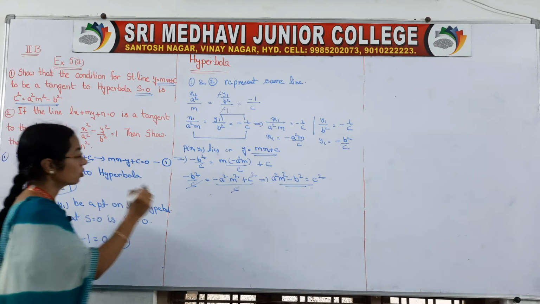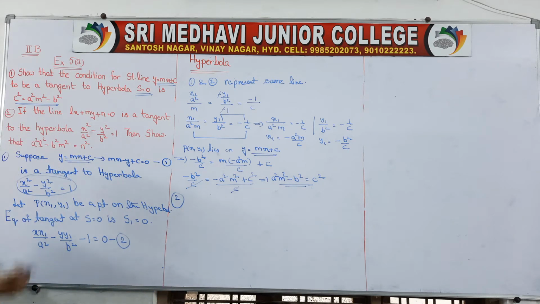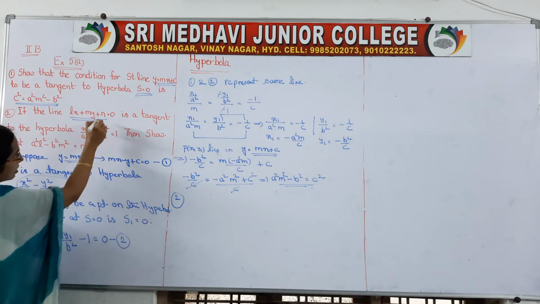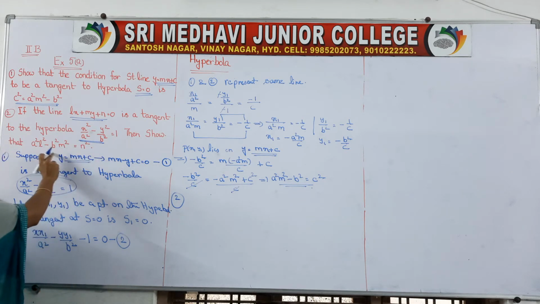Now come to the second question. What is your second question? If the line lx + my + n = 0 is a tangent to the hyperbola, then show that